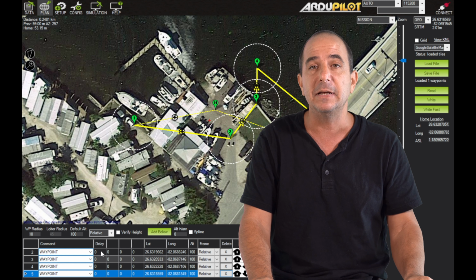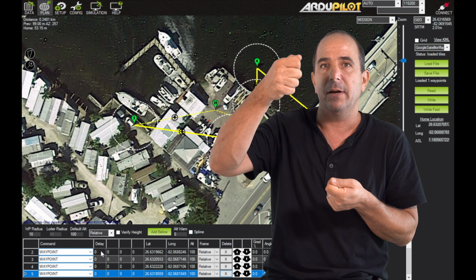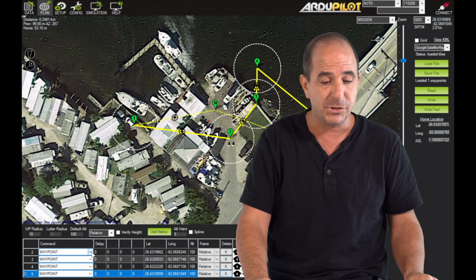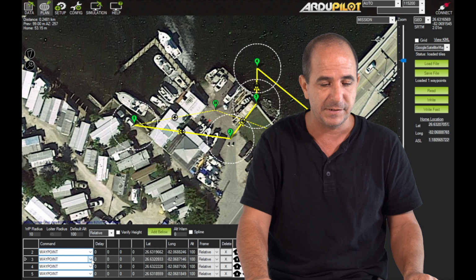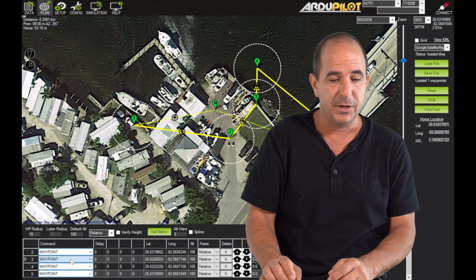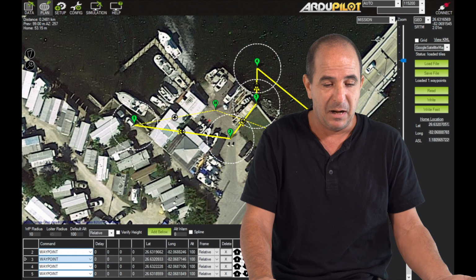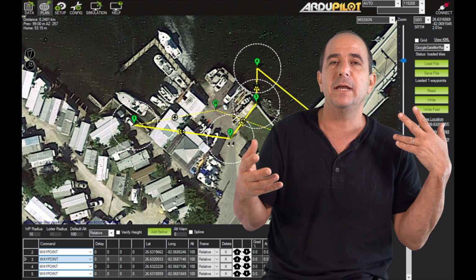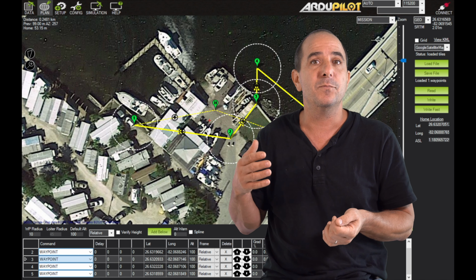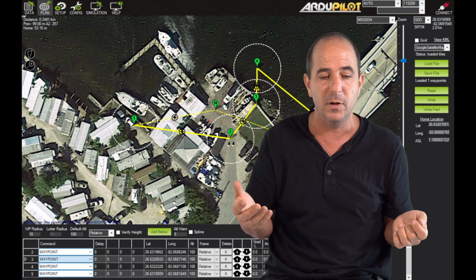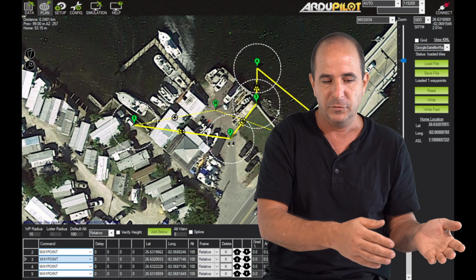Another thing, you can put delay. You want to go to a place and then maybe just hover there for a certain time, then you have this delay. The functionality could be, so I have a default attitude, and I can change the functionality. So instead of calling this place a waypoint, let's just start. I can do a land, a takeoff, a delay, some condition delay. So if my battery is more than 70%, then delay for a minute or so, take photos and so on. But if the battery is less than that, then don't delay.